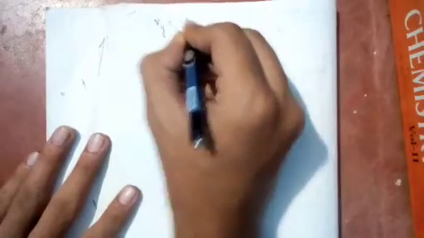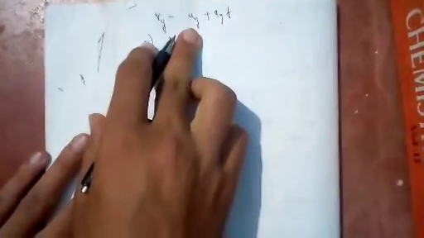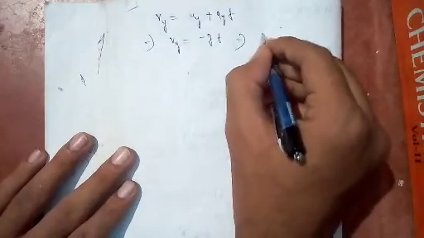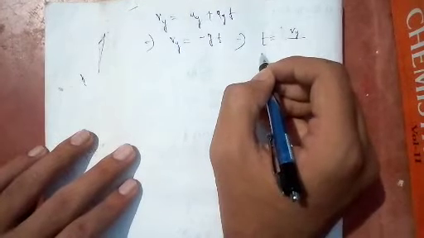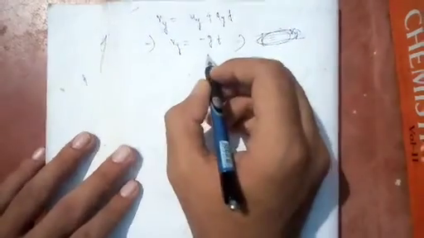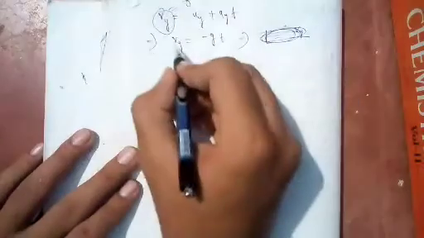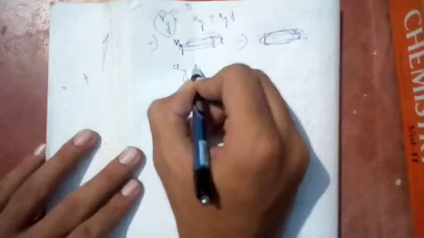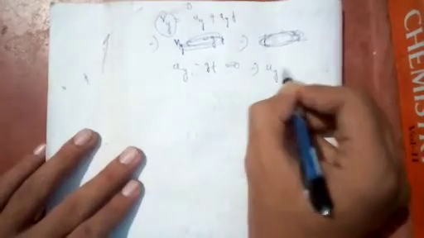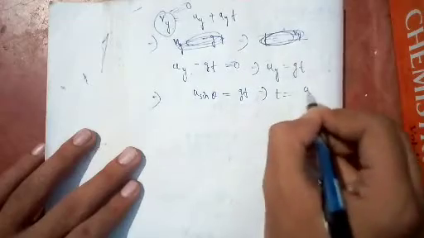In this method we will find the time, but the reverse method is, we know the formula, that is v_y is equal to u_y plus a_y t. Then v_y is equal to u_y, the initial velocity in y direction, we know that, minus g t. So at maximum height, the final velocity v_y is equal to 0, so u_y minus g t is equal to 0, then u_y is equal to g t, that is u in y direction, that is u sin theta is equal to g t, that is t is equal to u sin theta upon g.